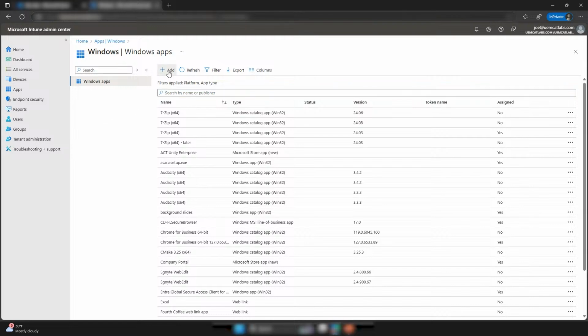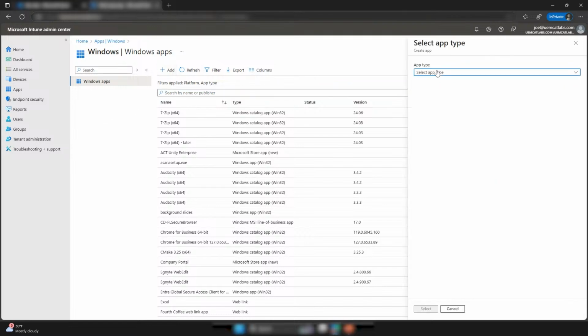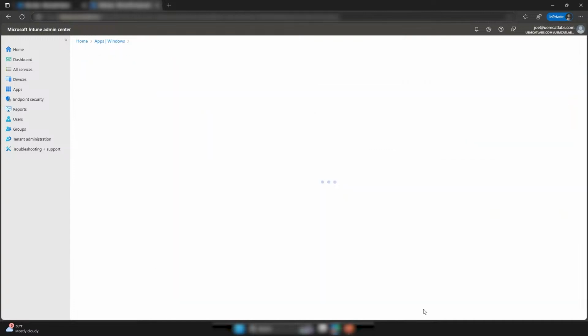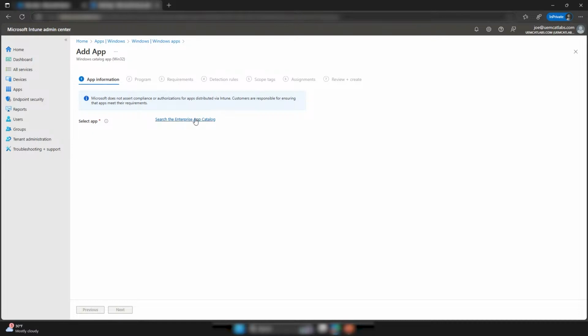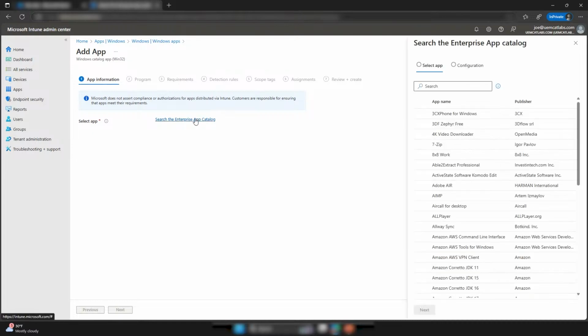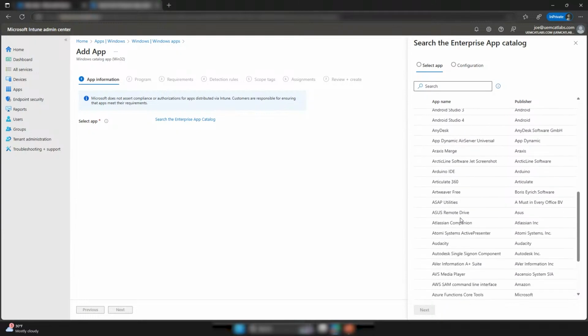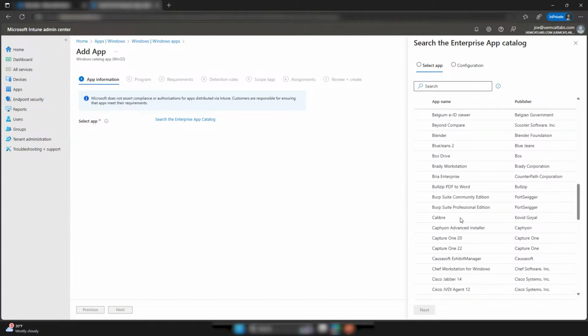I'm going to do that through my add, and I'm going to add the Enterprise App Management or Enterprise App Catalog app. Select, and you'll see right away this whole catalog opens up. Because there's hundreds of apps, they're alphabetical. So you can see they start with numbers, and they're alphabetical. And you can see we have apps from different third-party vendors, and I've only gotten down to the B's and the